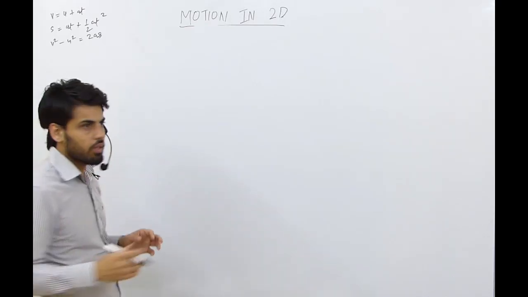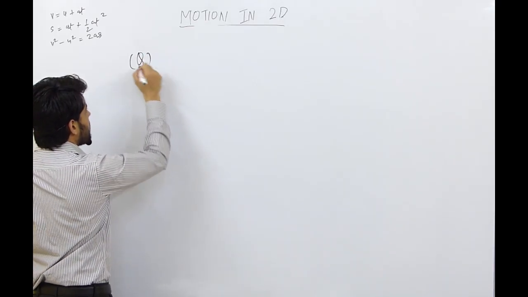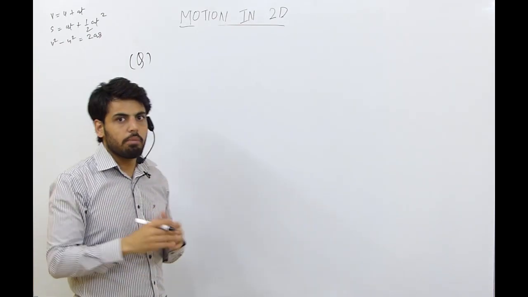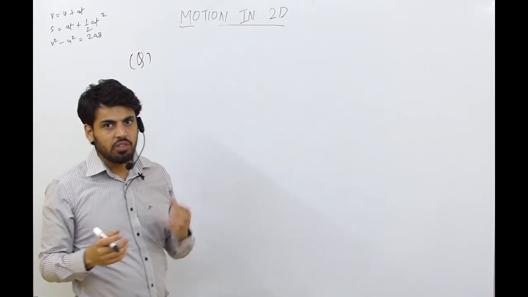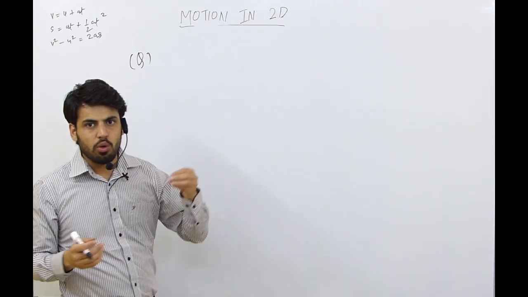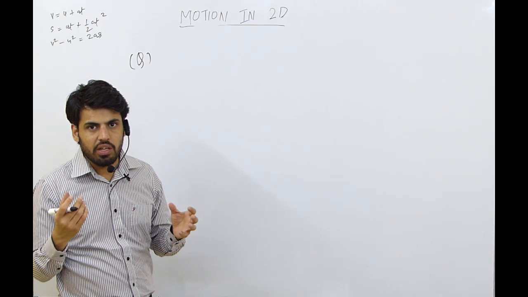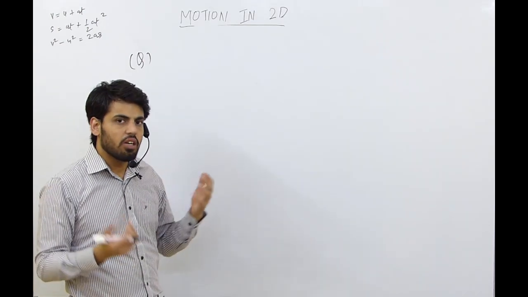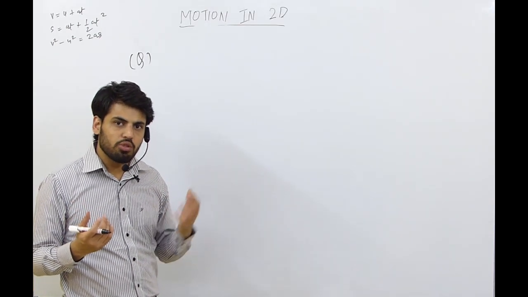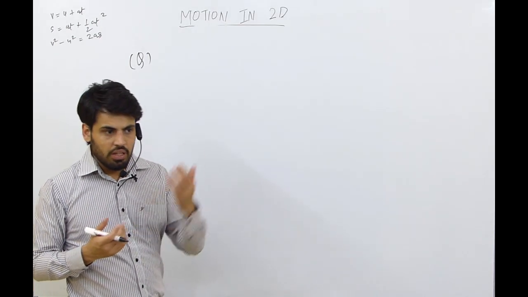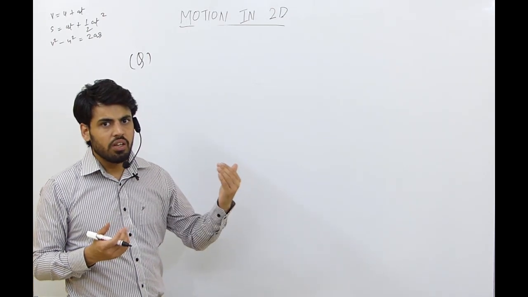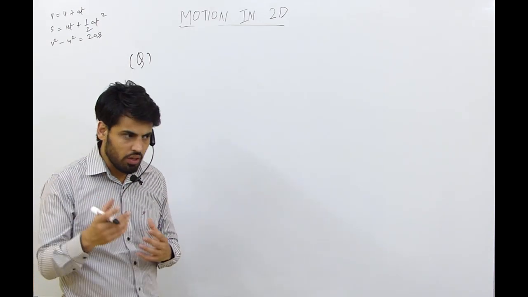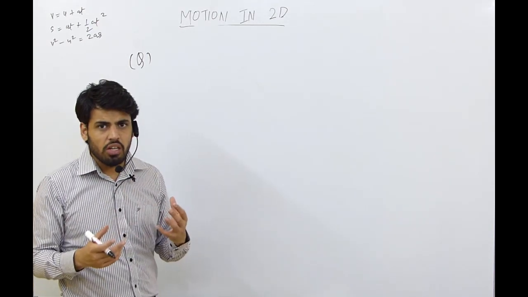Now let's move to another question, which is logic based. A question usually comes: a man traveling in a train drops an object from the window of the train. What kind of motion does that object follow? It's very simple. We have discussed in earlier classes that the object will follow a projectile motion, because acceleration is only in the y direction, there is no acceleration in the x direction.